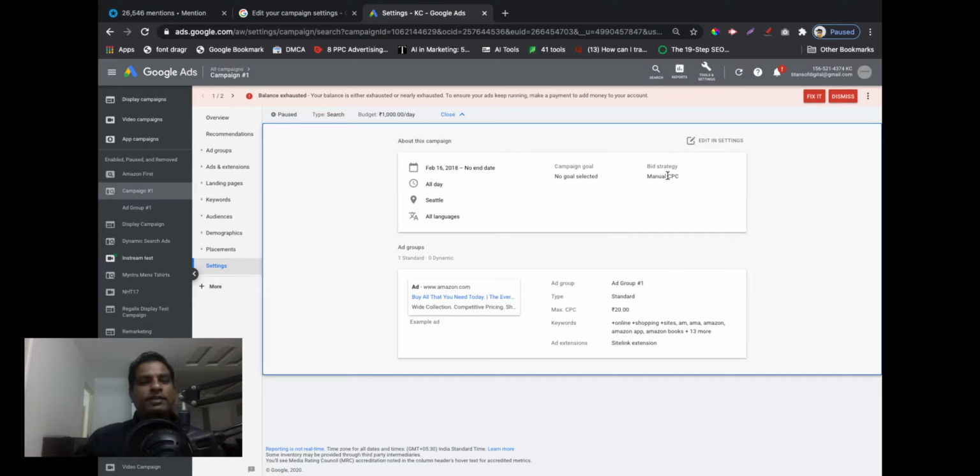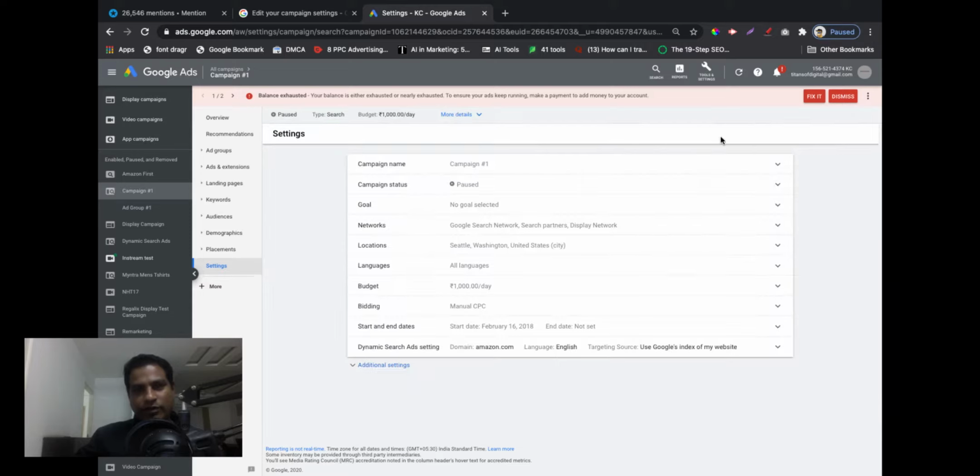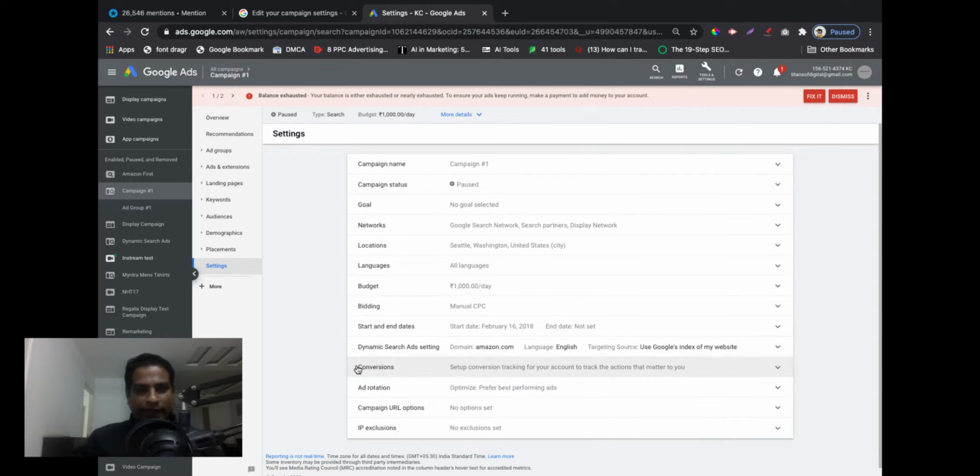Guys, also remember this is a 2018 campaign, which means that all the new changes that you see now may not have existed back then. So the settings are pretty basic. Don't get confused with that. So I will select edit in settings. So I will go to the settings screen. I also have an option called additional settings. So let me open it up and show everything to you so that you don't have anything holding back.